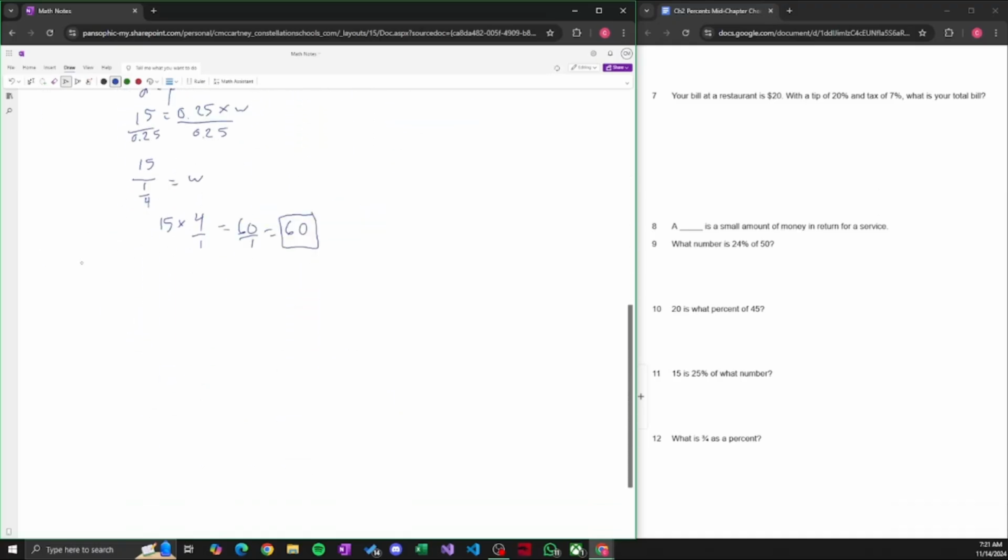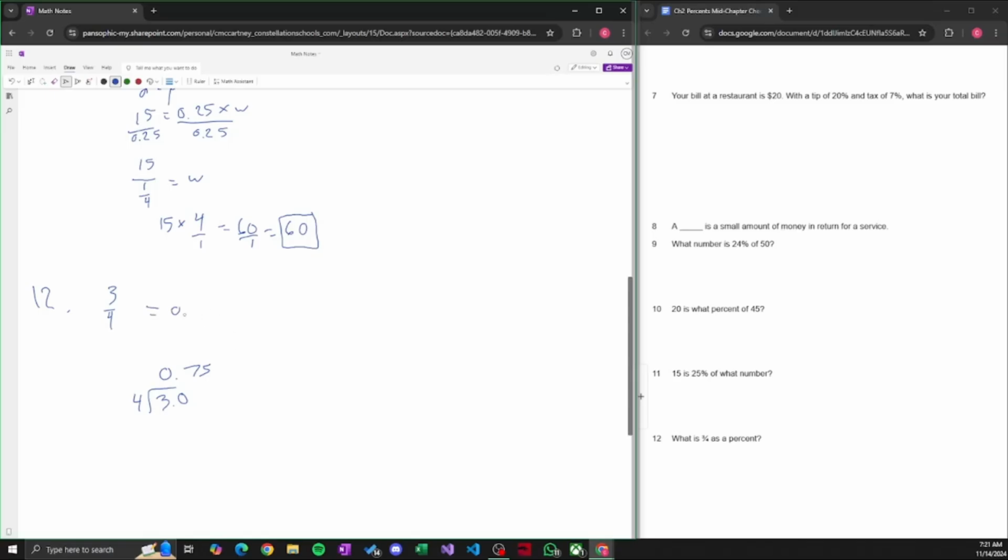Got one more question. Our last question is number 12. This is, what is 3/4 as a percent? 3/4. 3/4 as a percent. Now what we can do is divide. We can divide 3 divided by 4, and we can get our percent. It goes in 0 times. We add a 0 here, 4 goes into 30 7 times, we subtract 28 and get 2, and we'll end up with 0.75